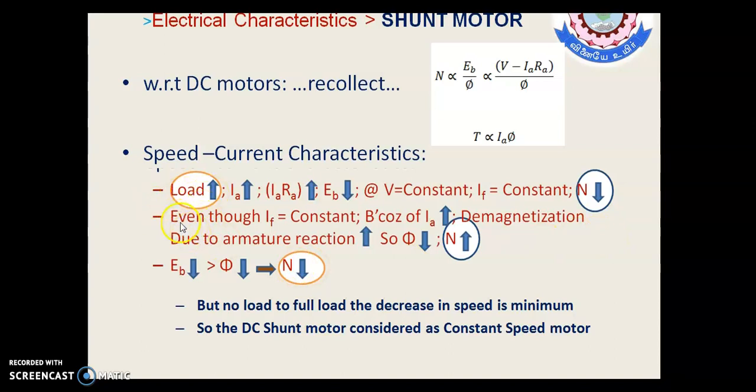The other thing is, even though IF is constant, when IA increases, the demagnetizing effect due to armature reaction will increase. When IA increases, the armature reaction demagnetization increases, so that phi decreases. When phi decreases, this denominator part decreases, whereby N increases. Now there will be a controversy between these 2 things, and we take a compromise between these two things by the consideration of